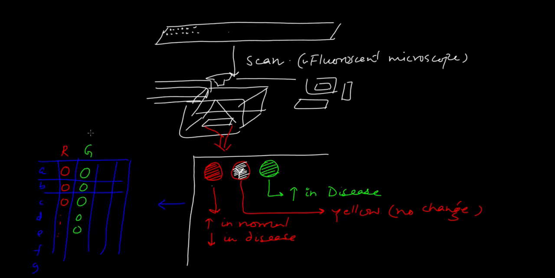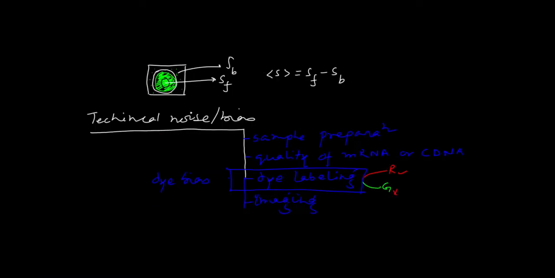Green was nothing but the disease sample, and this was my normal sample. So in a way, I know the gene expression values in the normal and disease samples. However, this is raw data. I haven't normalized it. This is image-normalized raw data, which has to be further normalized for other biases. One of those biases that I discussed is the dye bias.